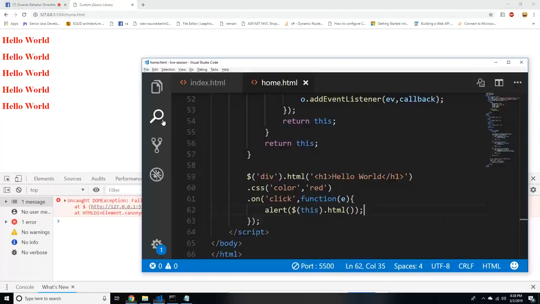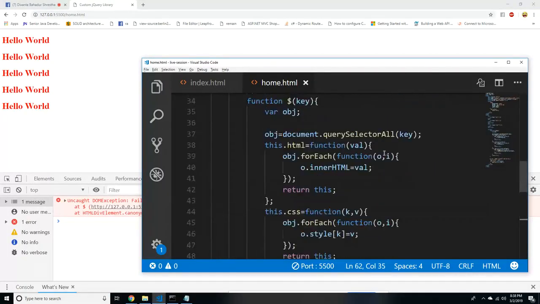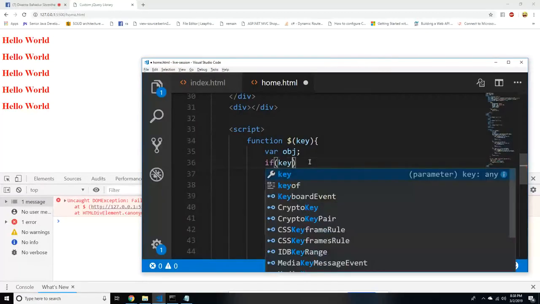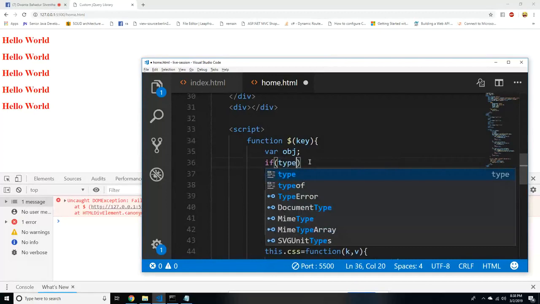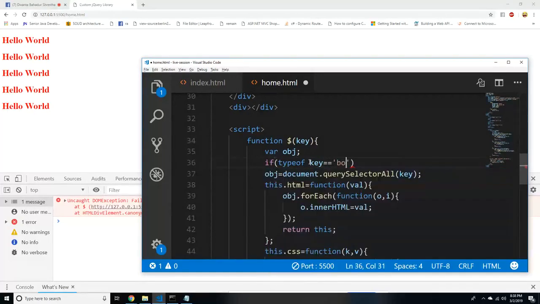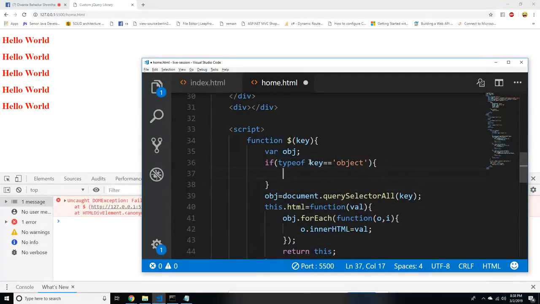All right. So in this case, how do we solve this problem? What we need to do is, if the type of key also equals object, then obj equals array of key. That's what we need to do. Else